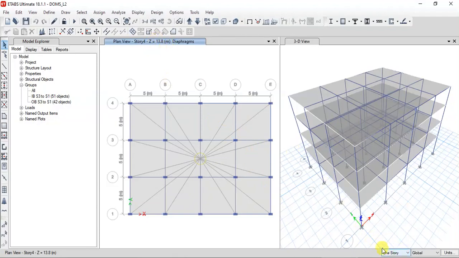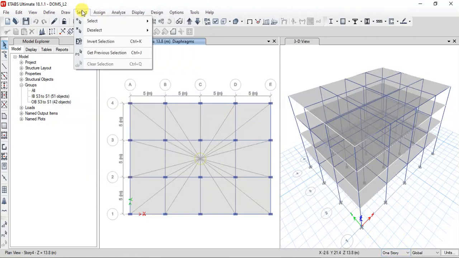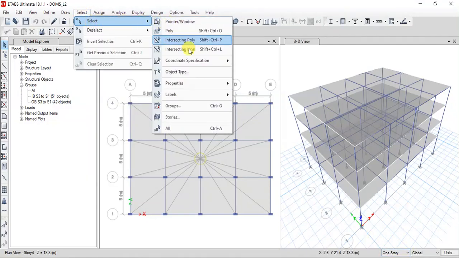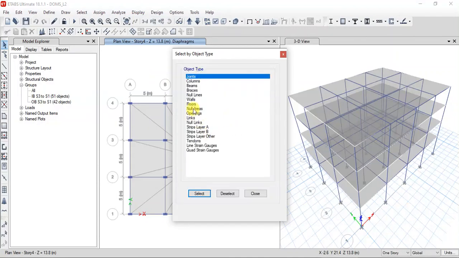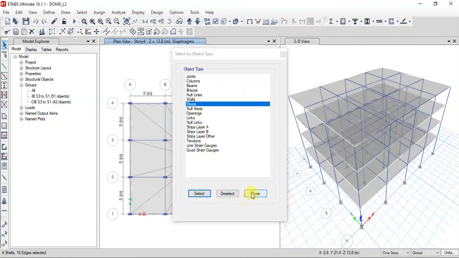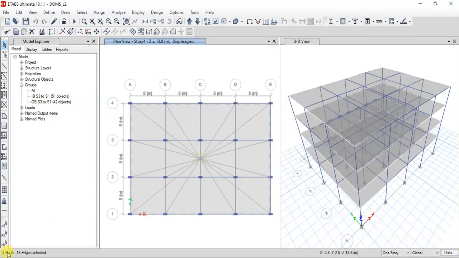Also see that it is one story, because on the roof whatever the load we are applying is not going to be the same as what we are going to apply in the other remaining stories. So we select one story, select only the slabs, go to select object type which is floor, so click select close. So which is just selected all the floors.